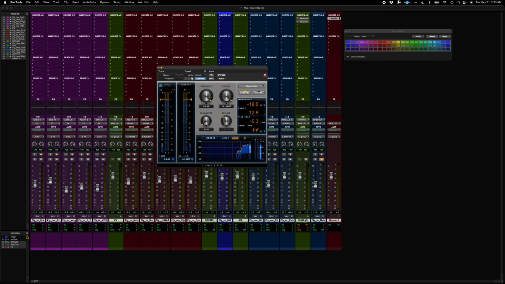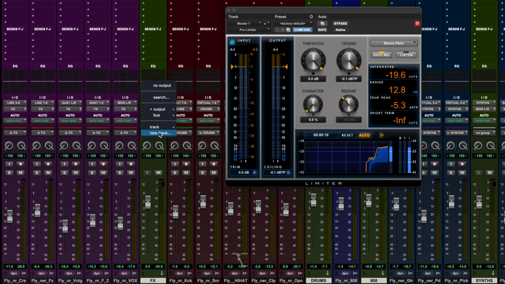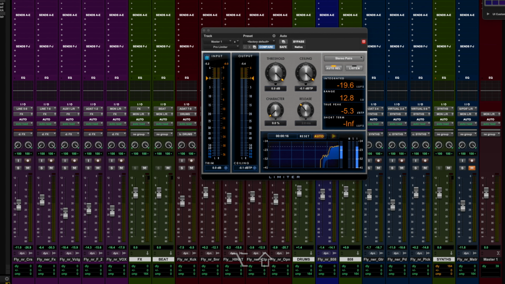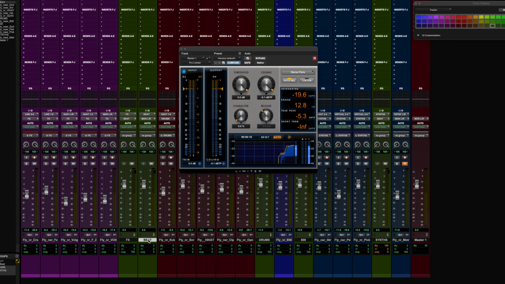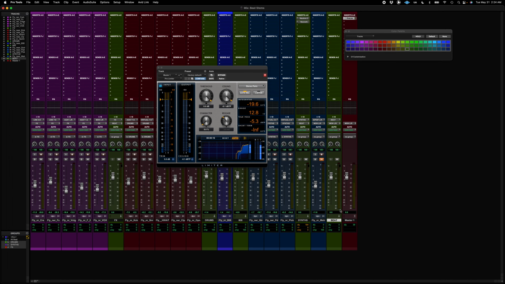So my next step is going to be selecting all of my sub bus mix or my aux tracks, and then I'm going to route those to another aux track. So same process, holding Option Shift, new track, make sure stereo aux is selected, and we'll name this beat. And so now I'm going to move this aux track over here just because that's where I want it. And now we have all of our aux tracks routed to this aux track. So let me show you what I mean.